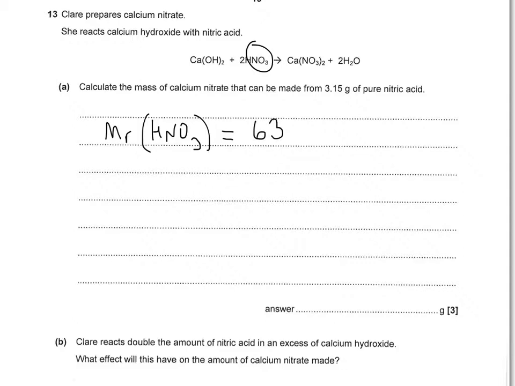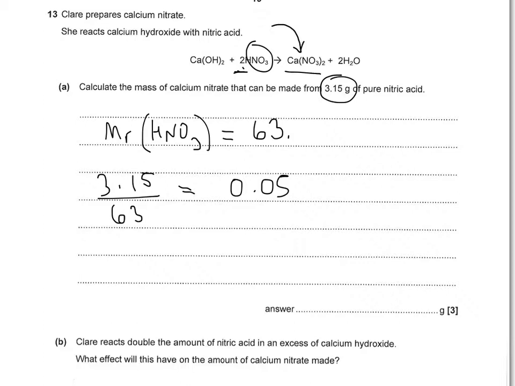And then you're going to divide the 3.15 by 63. And that equals 0.05. Then the ratio of nitric acid to calcium nitrate is 2 to 1. So for every 2 nitric acids, you make 1 calcium nitrate. So you're going to divide 0.05 by 2, which equals 0.025, and then times that by your MR of the